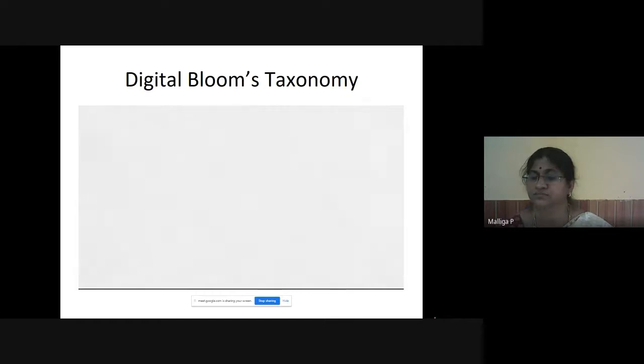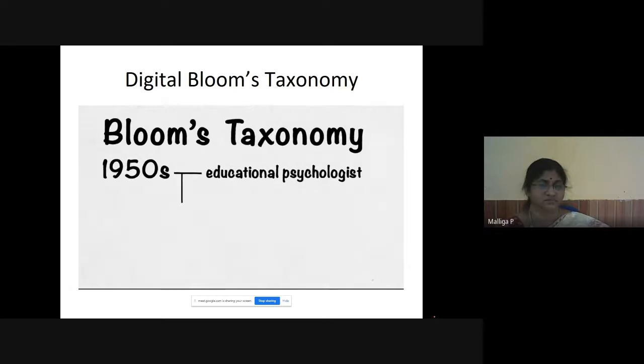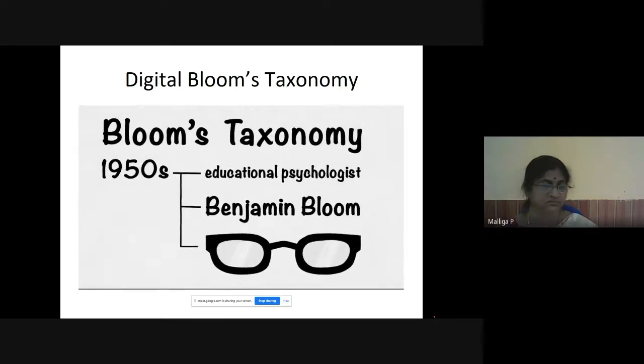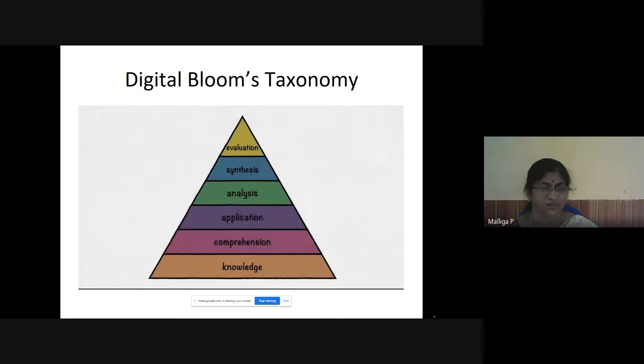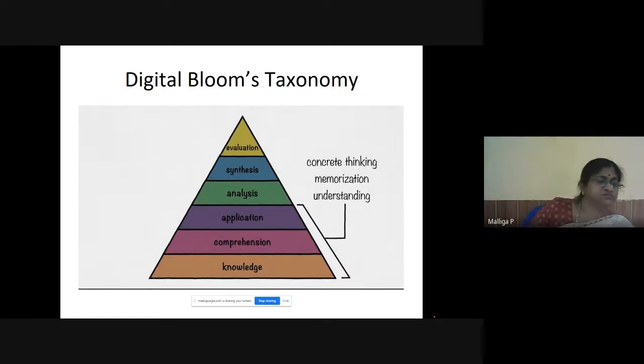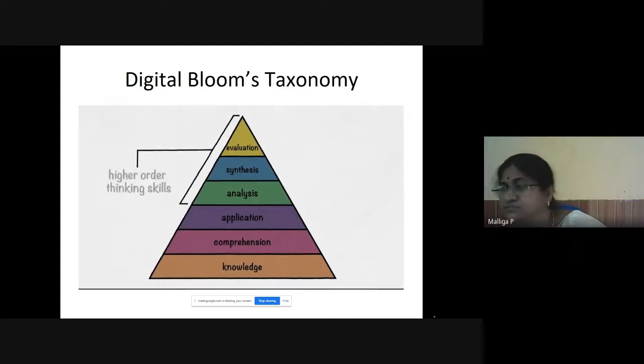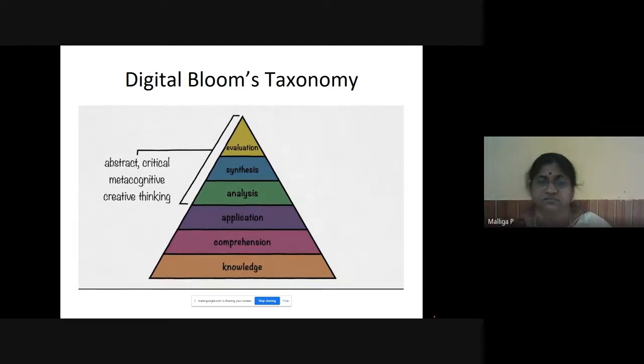Let's take a step back. Bloom's taxonomy was created in the 1950s by educational psychologist Benjamin Bloom and his colleagues. The 3 lower levels, knowledge, comprehension, and application, are more basic levels of cognition, also called lower order thinking skills. This would include concrete thinking, memorization, and understanding. The 3 upper levels, analysis, synthesis, and evaluation, referred to as higher order thinking skills, include abstract, critical, metacognitive, and